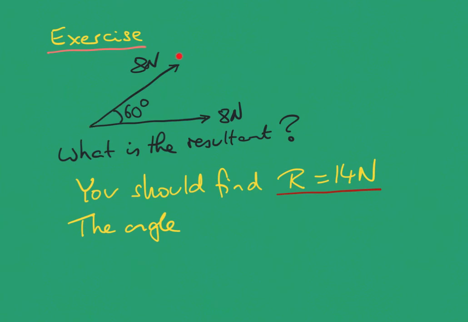If you look at it, these two forces have identical sizes, so if you look at a line here in the middle, there is a component from each force pulling in that direction, but the component at right angles to